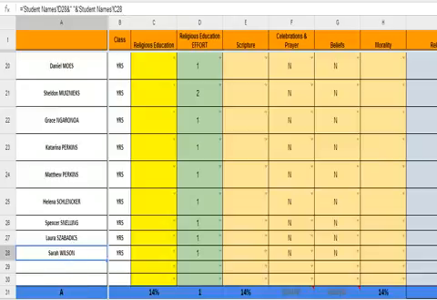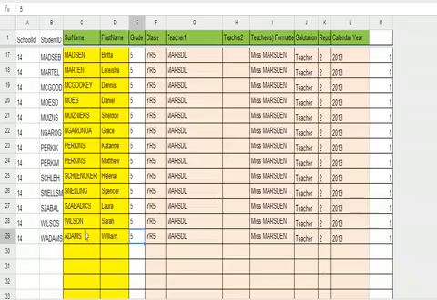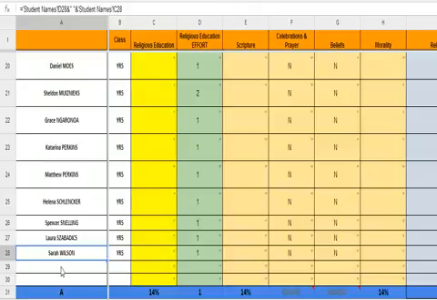Now, I'm hoping that the student we just added, William Adams, will appear below Sarah. For that to happen, that student would have to get pulled from row 29 of student names. So when I click on it, the reason it's not working is this is set to row 49. Well, it's an easy fix. If you just jump in here and change it to row 29, there and here, and hit enter,